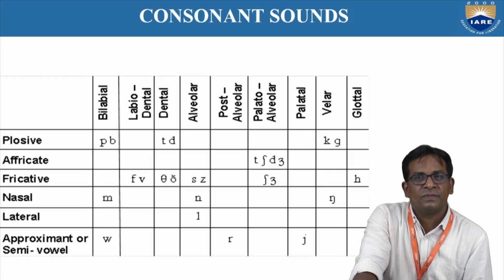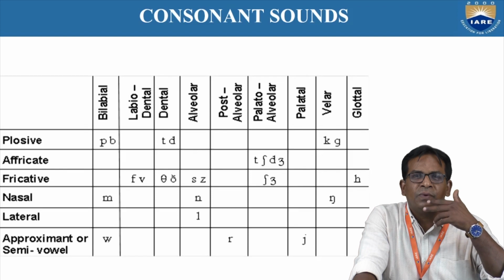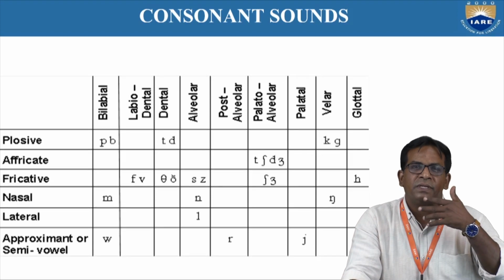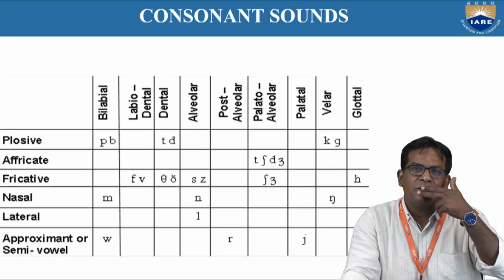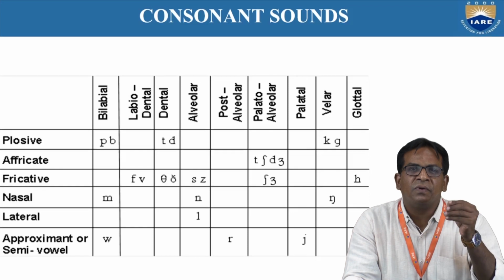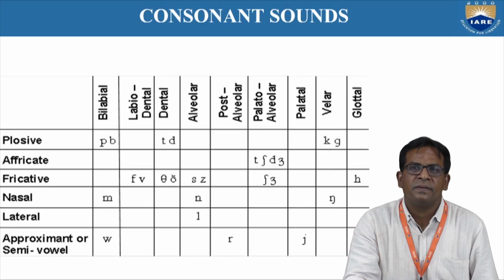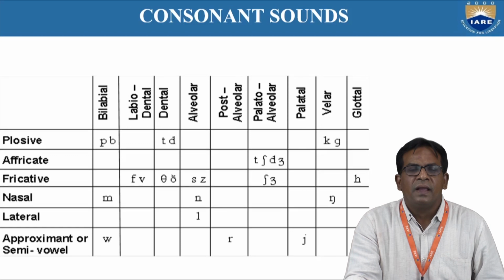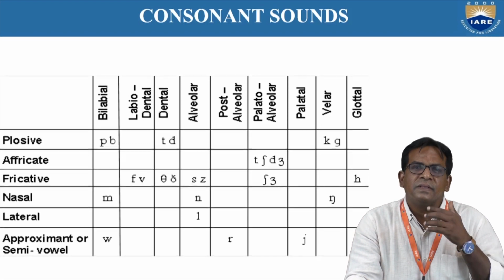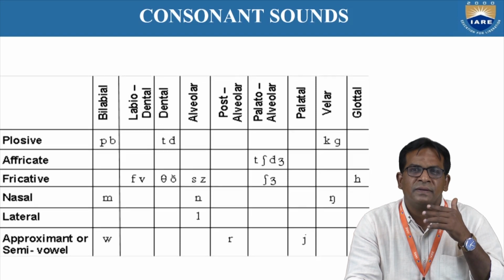What are the plosives? There are 6 plosive sounds. Plosives means when you produce the sound p, you just close your lips and you release the air with force. That is p. And at the same time, when you produce the sound b, the same place, the same manner,